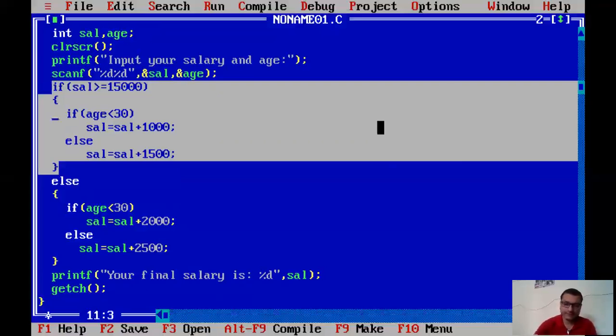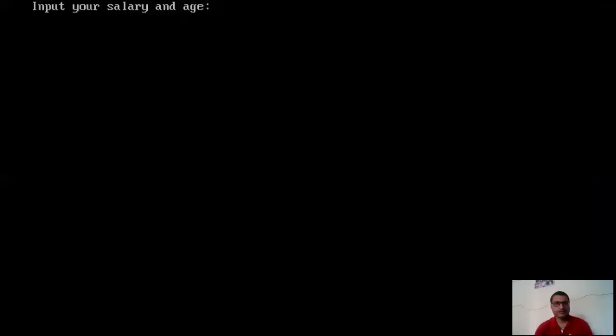Now let us compile it. No issue. Run it. Input your salary. Suppose my salary is 20,000, and age, let us say 25. So how much bonus should I get? I should get 1,000 rupees bonus, right? So I have got 1,000 bonus.